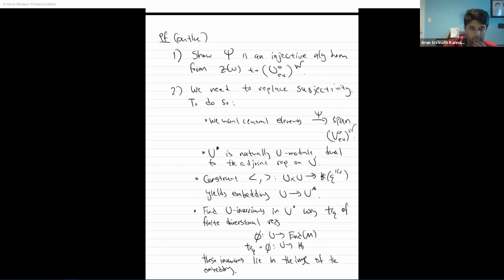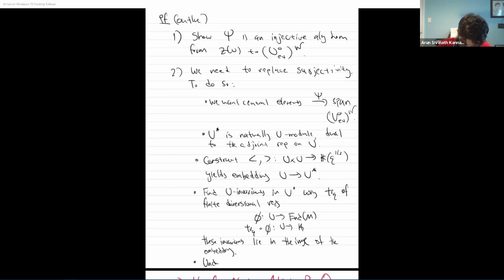Okay, and so that means since they're invariant, their pre-image back in U is invariant, and then a general fact of Hopf algebras is that invariance with respect to the adjoint representation is equivalent to being central, and we'll show that in the case of U for the quantum group. And then finally, we have these central elements that we constructed using this pairing, and we can show that under the Harish-Chandra homomorphism, these central elements will actually span.